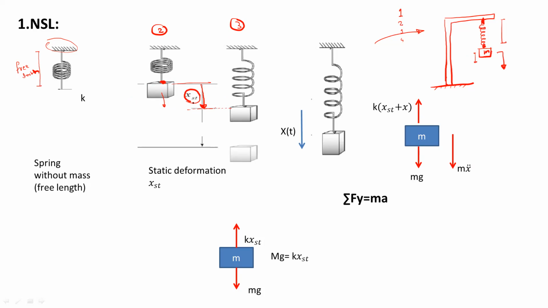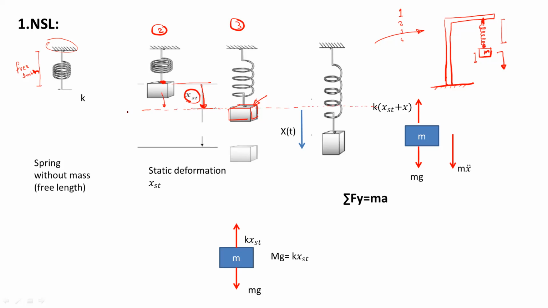So what is the meaning of static deformation? If you connect the mass, and if you allow the spring to deform very slowly because of that mass, then after some deformation, that is a permanent deformation, the system will be at equilibrium. So this is the equilibrium position. At this position, the system is not oscillatory. It is just a deformed system. There is no oscillation, but there is a permanent deformation because of the mass. At this position, this is our reference position for the oscillation.